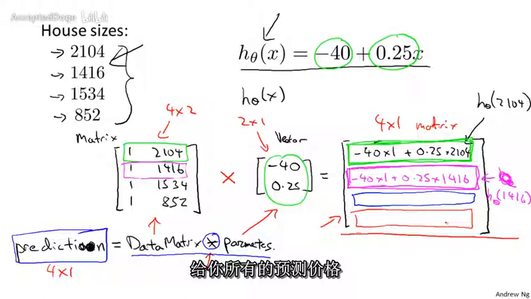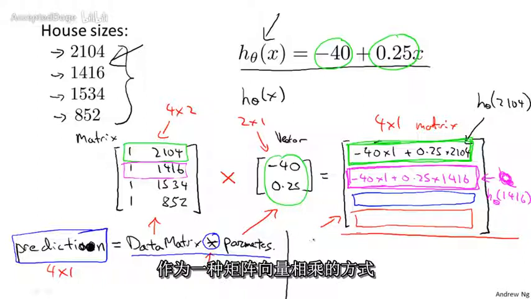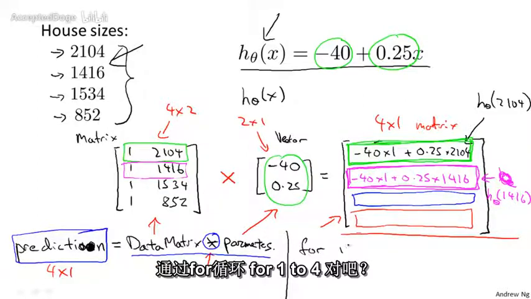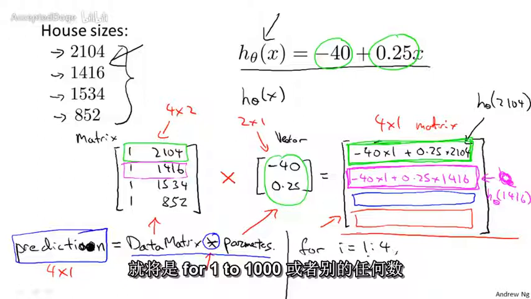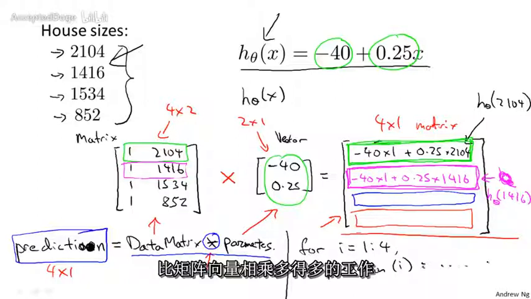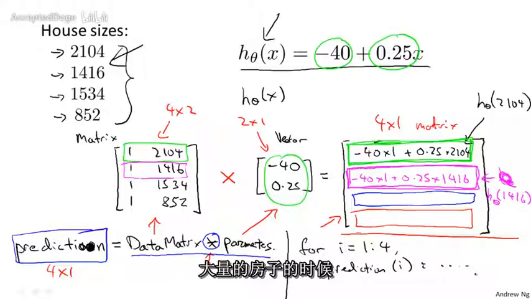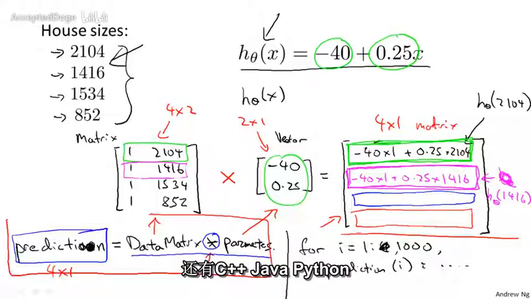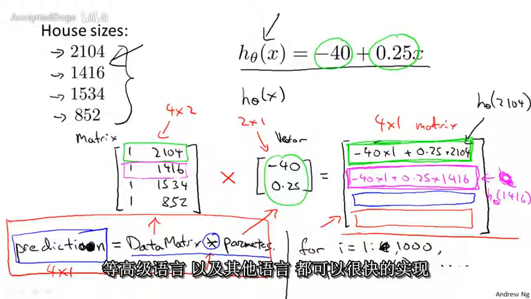that just gives you all the predicted prices. And the alternative to doing this as a matrix vector multiplication would be to write something like, for i equals 1 to 4, and you have, say, 1,000 houses, it'd be for i equals 1 to 1,000 or whatever. But then you have to write prediction of i equals, and then do a bunch more work over there. And it turns out that when you have a large number of houses, if you were trying to predict the prices of not just 4, but maybe of 1,000 houses, then when you implement this in a computer, in any of various languages, this is not true only for Octave, but for C++, Java, Python, other languages as well,